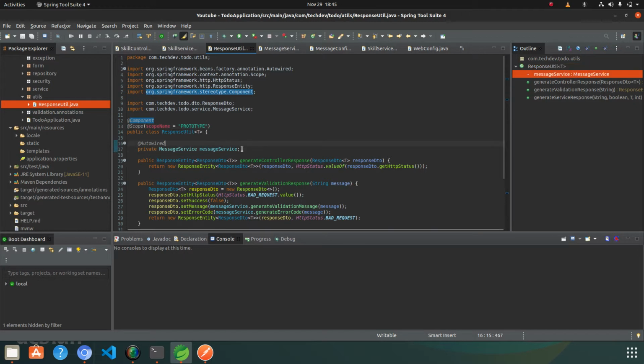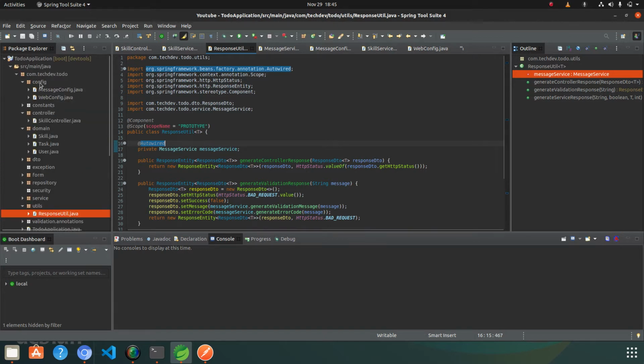So for this, we need to create a class which will implement the ApplicationContextAware, because whatever the bean you are creating using the singleton, we can take that bean from the application context.